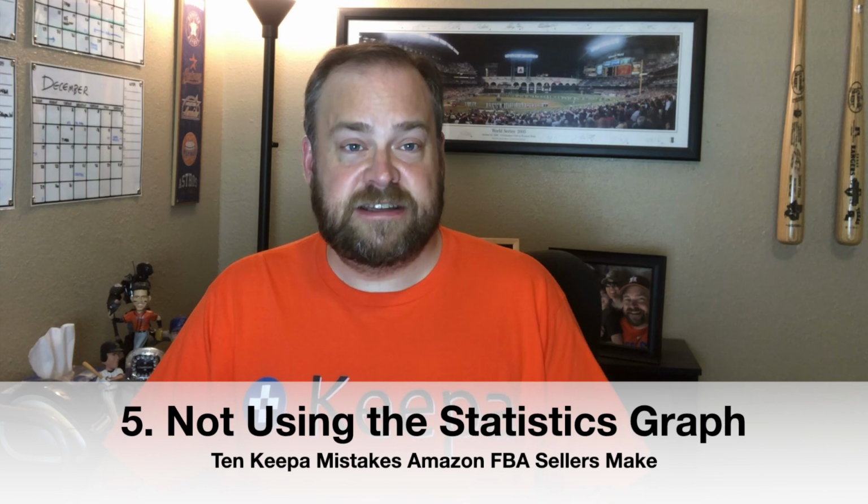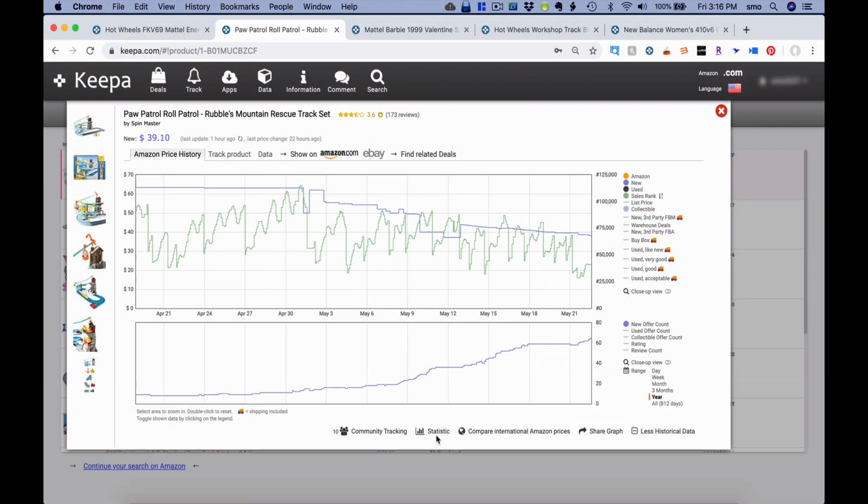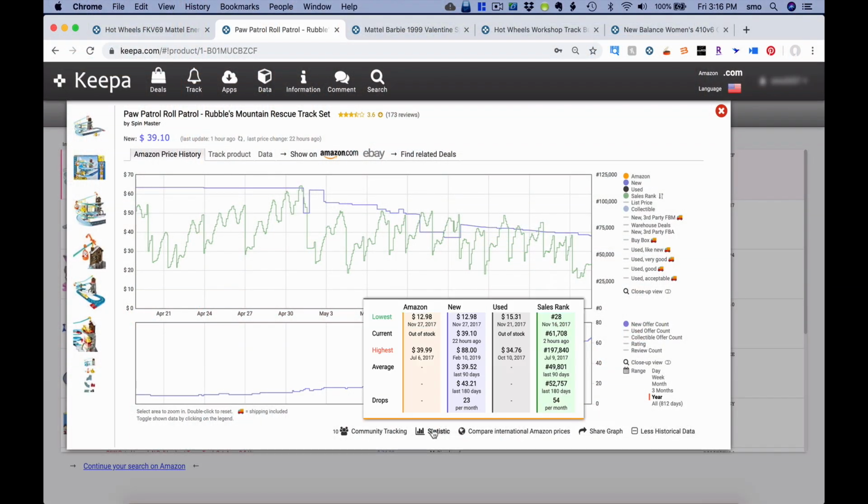Another thing that they might do, it's a big mistake, is not using the statistics graph. If you hover over this little link here, statistics, it gives you a lot of information summarized and averaged. And so you can see the average prices for different conditions. You can see the historical low, the historical high, but the biggest piece of information is the average of sales